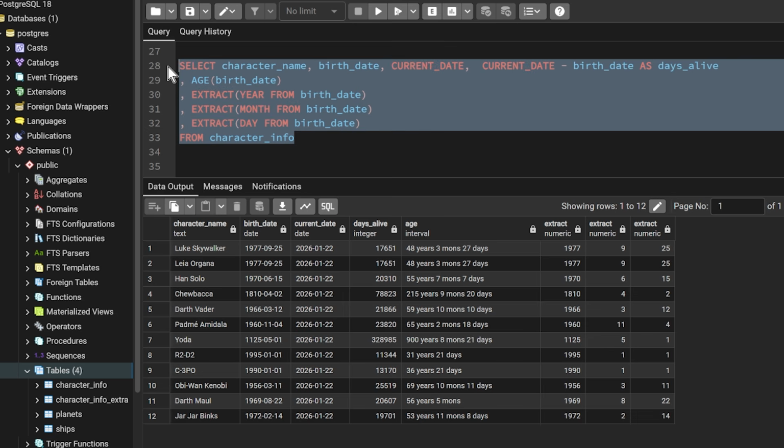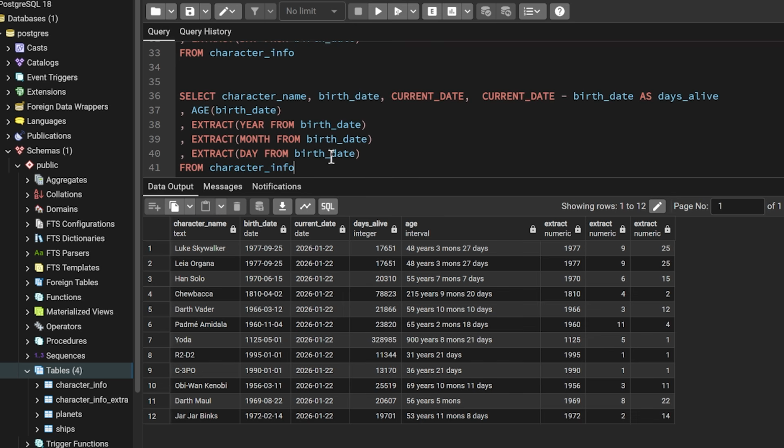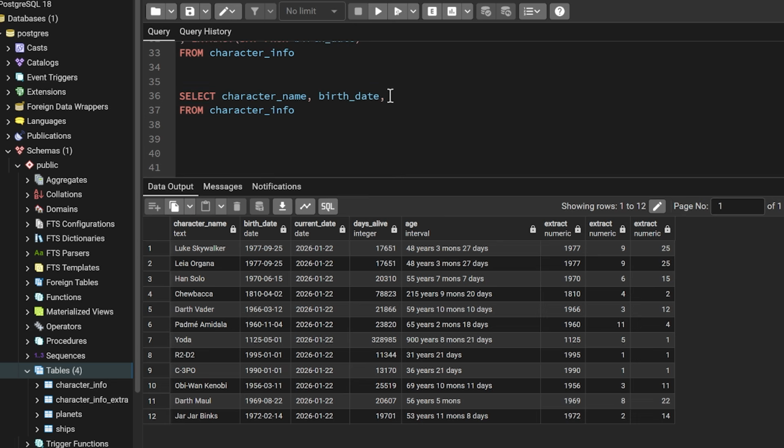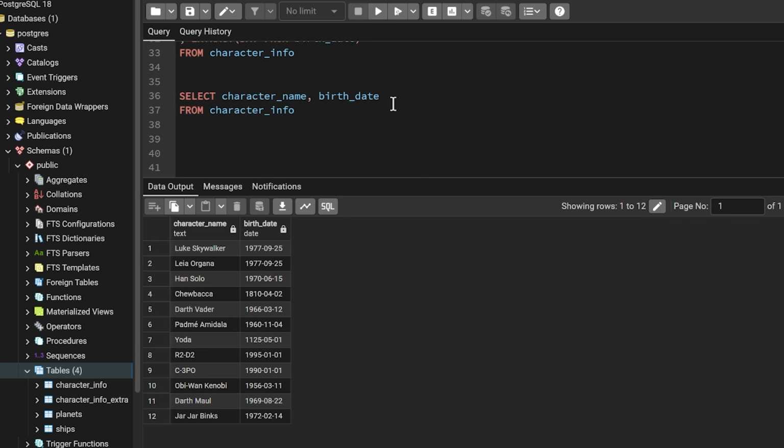Now this is starting to get a bit much. Let's come down here, and I'm going to just keep this information actually. So let's go ahead and run this. The next one that I want to show you is intervals. Intervals are really important. Essentially what they do is they let you specify how much you want to add or subtract from a specific day. So what we can do is we can take birth date, and let me actually just bring this down to another line. So we're going to take birth date, and then we're going to say plus,